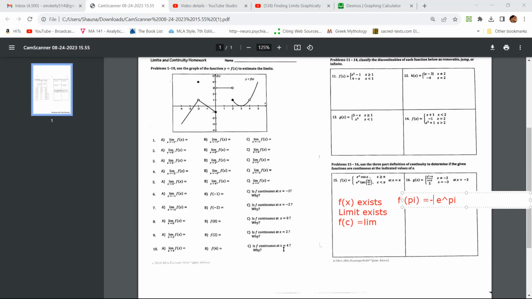So we went through the first 10. We did actually the first 12 and a half problems. So basically you just need 14, 15, and 16. Thank you, Shauna. If you get stuck, especially on 15 and 16, give me about, let's see, what time is it now? Give me about an hour or so, and I'll send you pictures of 15 and 16, so you can see how you should write them out. But you're basically using